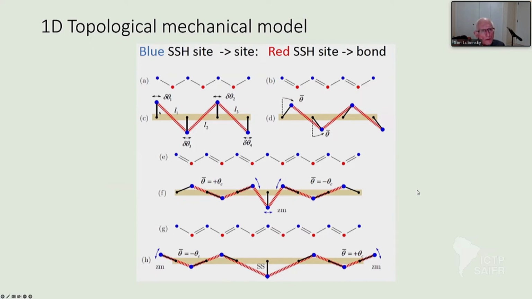And you alternate the direction of the rods as we go along. And so here we have the case where the springs are equivalent, and that's like the Su-Schrieffer-Heeger model at the critical point. Now, what we can do is to introduce twists to these lattices,